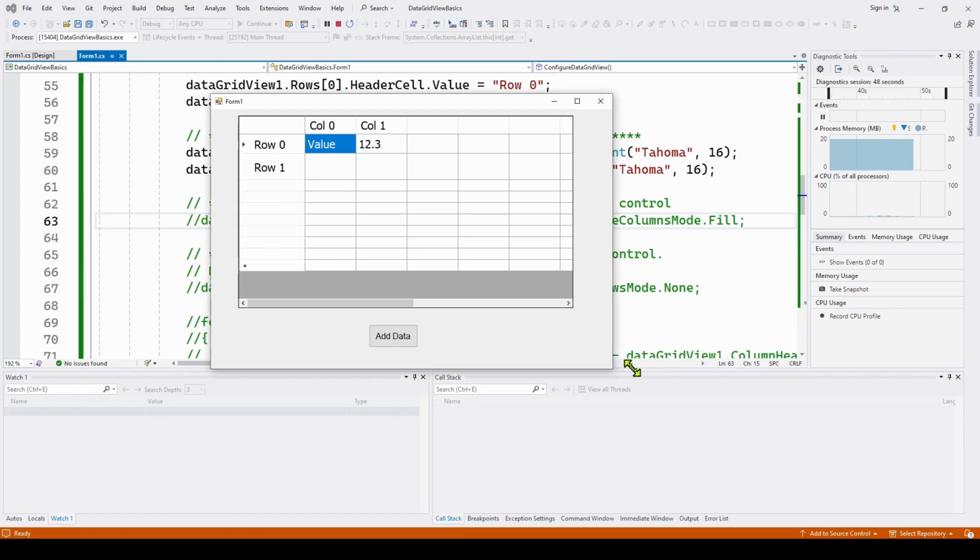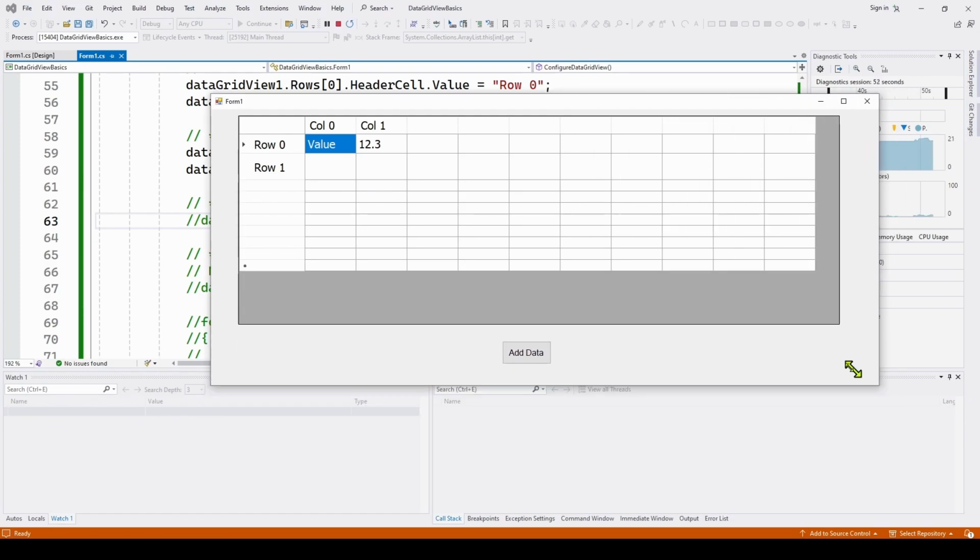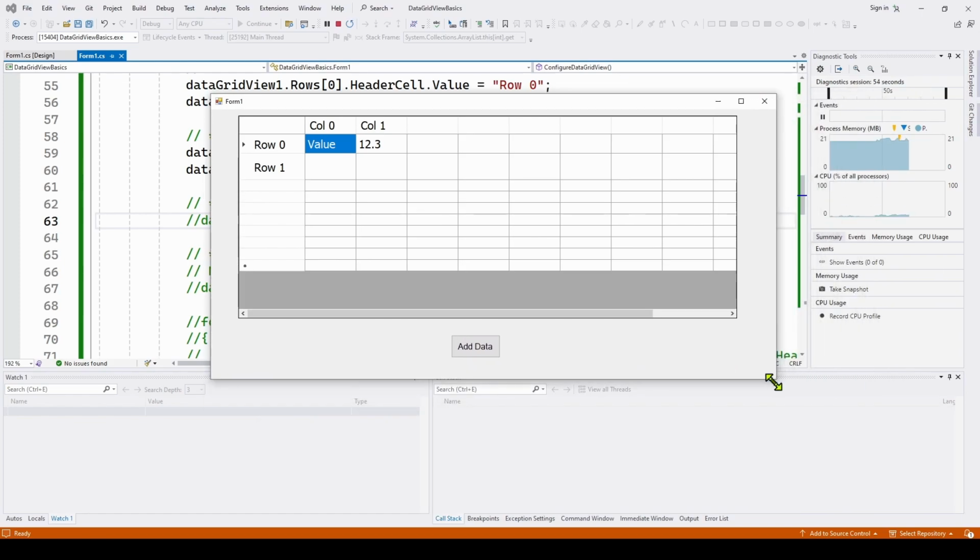So for example, if we expand the size of our form, it would be nice if the columns fit inside this data grid view. So again, we've got two things. We've got the spreadsheet itself, but we've got the control, the data grid view, which is the gray behind it. So let's see if we can find a way to auto size the columns to fit horizontally into the data